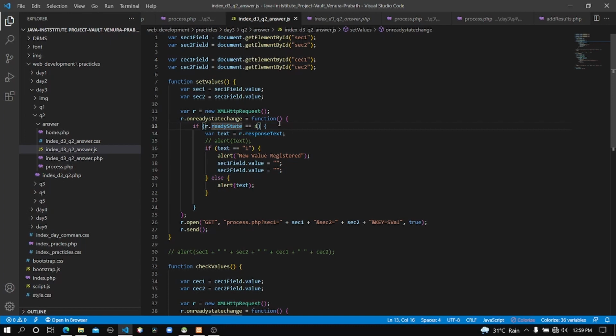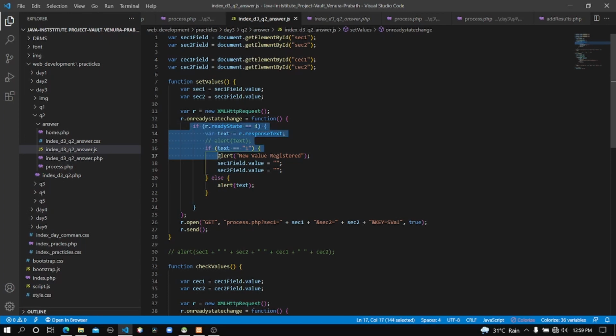Okay, we can say those are the 4 states, and you can see we need only the 4th one, because we need to know the output from the process.php file. So I check that using this part.